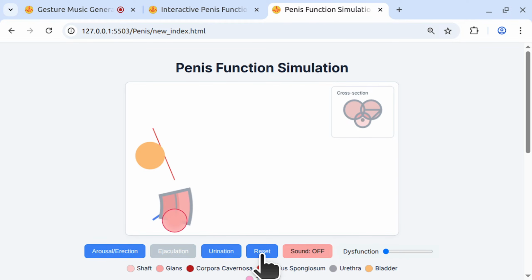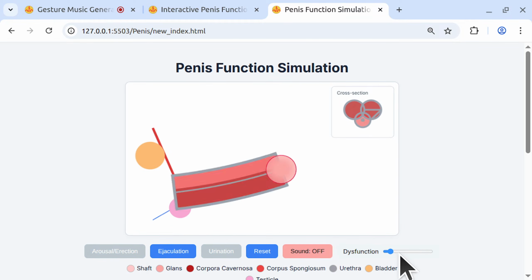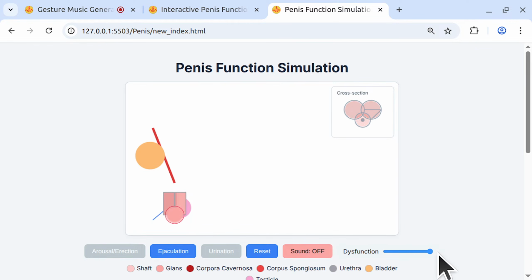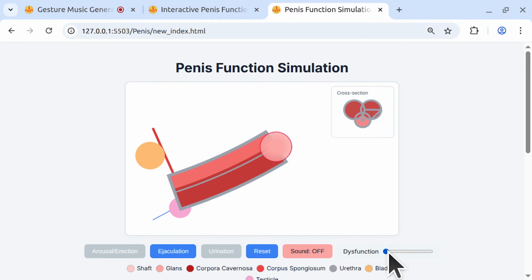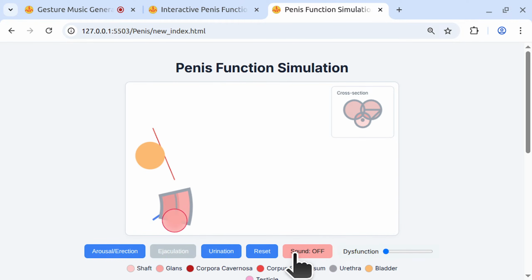The code is now fixed so the shaft base is always anchored at a realistic anatomical point near the bladder and testicle. Only the shaft's angle and length change with arousal and dysfunction, and the tip is always kept inside the canvas. This ensures the anatomy looks connected and realistic, and the initial position will always make sense. Reload the simulation and you'll see the base stays fixed, with the